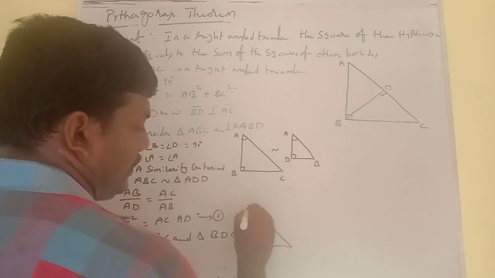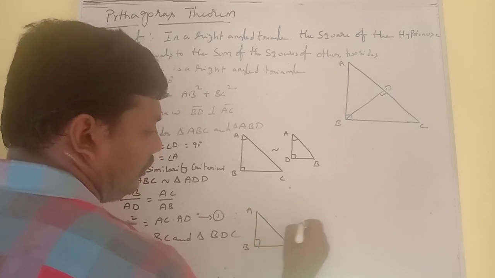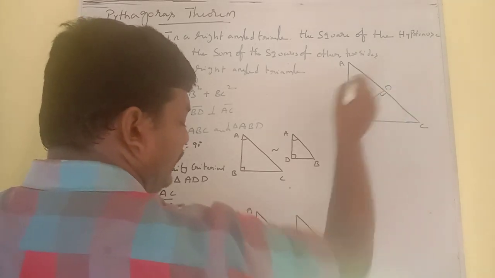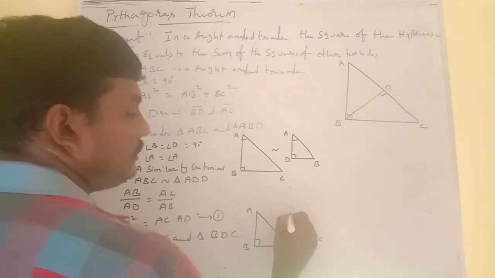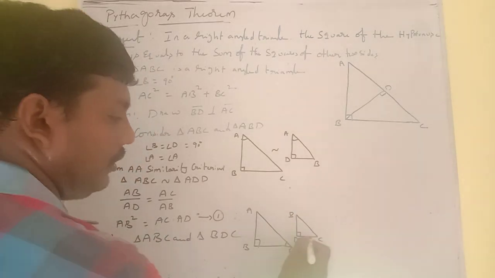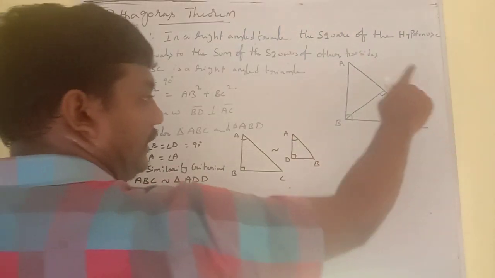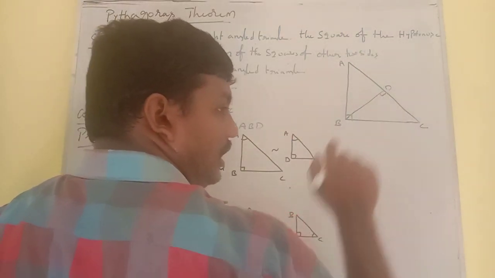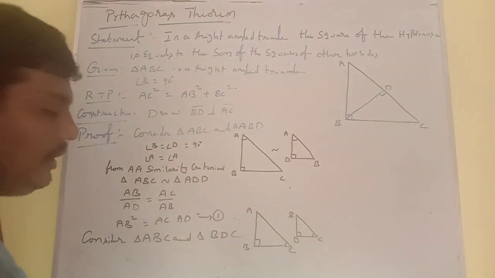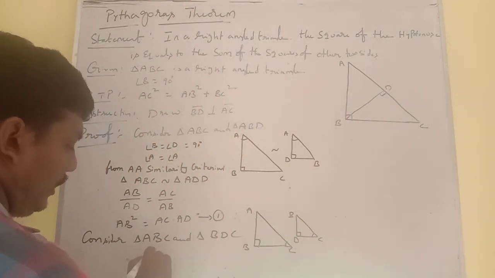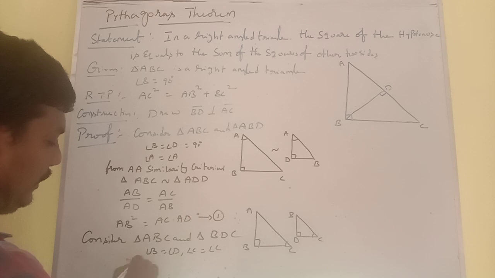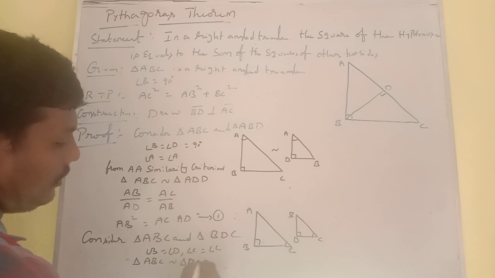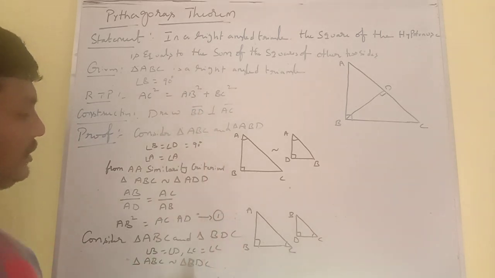This is triangle ABC. The other is also a right angle triangle because angle D is 90 degrees. In the place of B, this is D, and C is the common angle here. This is BDC. C is the common angle in both triangles, because in triangle ABC the C is here and in this triangle also C is common. So that's the reason why angle B equals angle D, and angle C equals angle C. Therefore triangle ABC is similar to triangle BDC by the same reason.